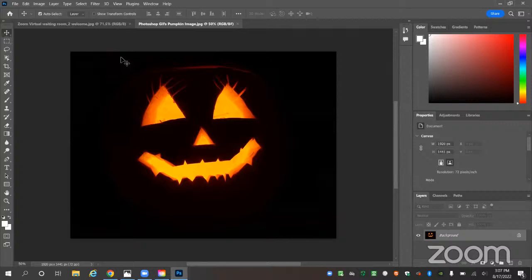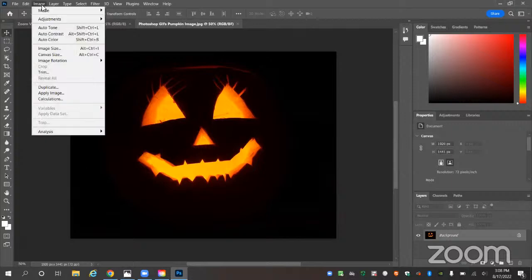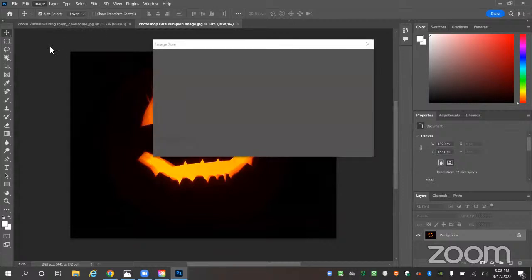So now that I've got this open, I'm seeing that this is quite a high resolution image. I'm seeing down here it's 50%, so it can be zoomed in even further, which is great. But as I mentioned before, GIFs are animated, so they take up a lot of space on a computer. They are big files. So to make our file a little bit smaller, I'm going to go to Image, Image Size,